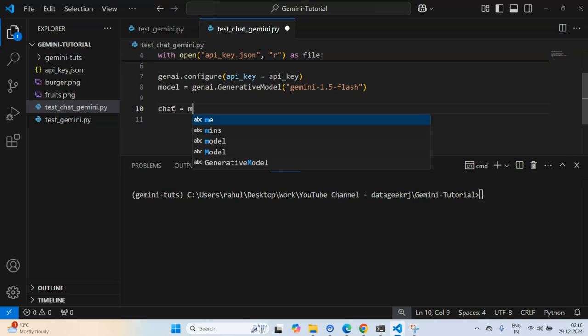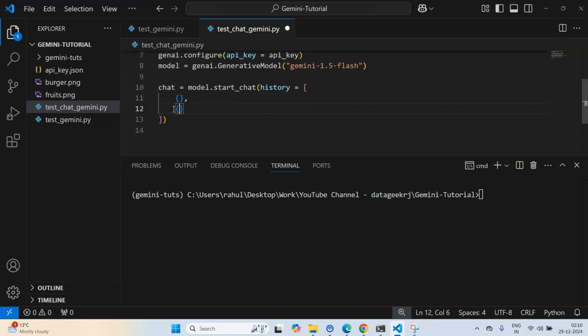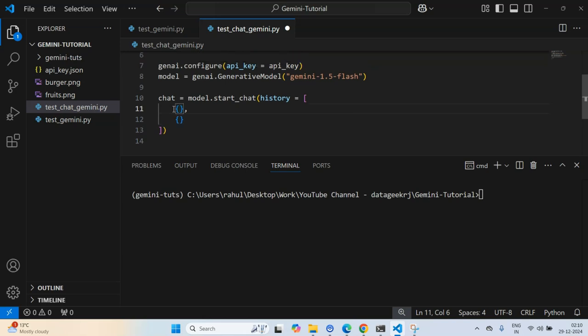I'll create a chat object, and it is created by a method called start chat. In start chat, I can pass a parameter called history, which is going to be a list of JSONs. When I say JSON in Python, it is just a string. I'll say role, user, and then create a key with parts.